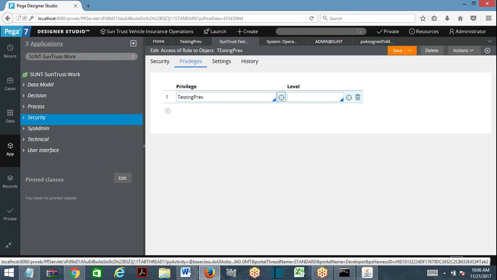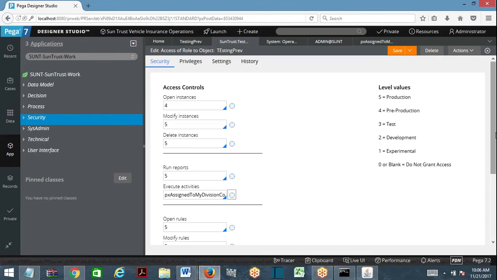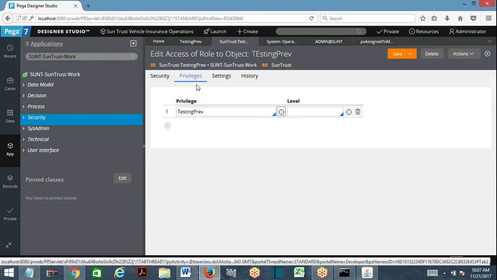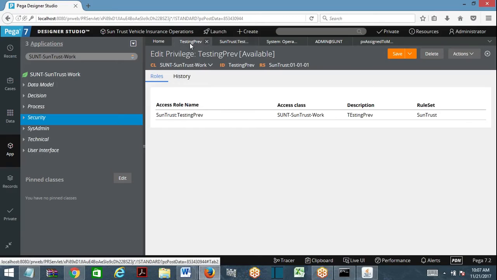So you have one role to object, you specify privileges. In the role to object, you see the privileges added in the privileges tab. Can I add multiple privileges here? Now my question is, can a privilege rule be associated with multiple role to objects or not? Can a privilege rule be associated 1 to n? I am asking 1 to 1 or 1 to n, privilege to role to object.